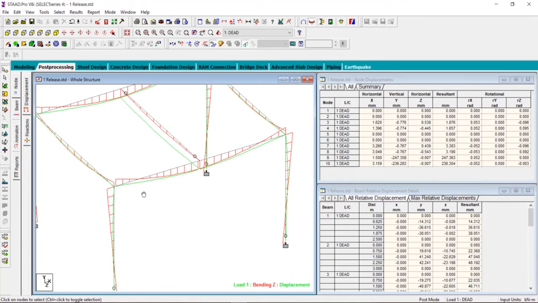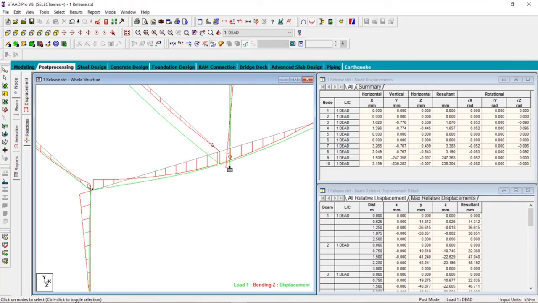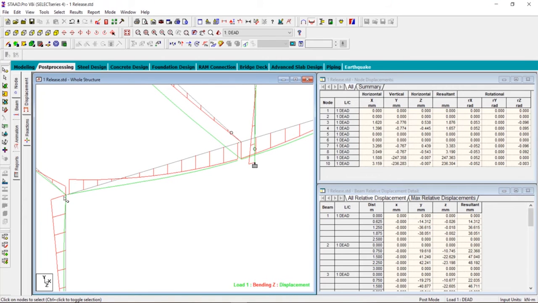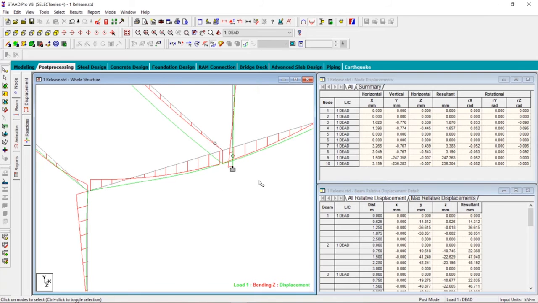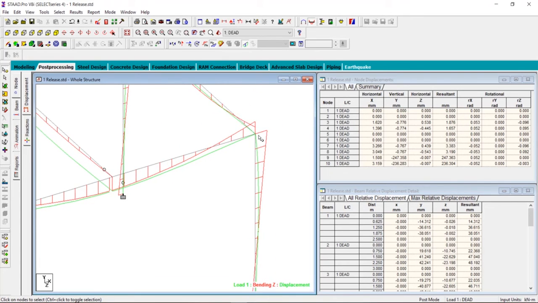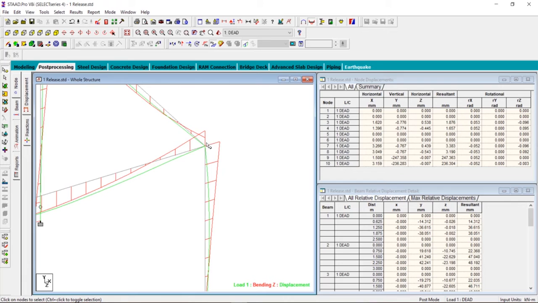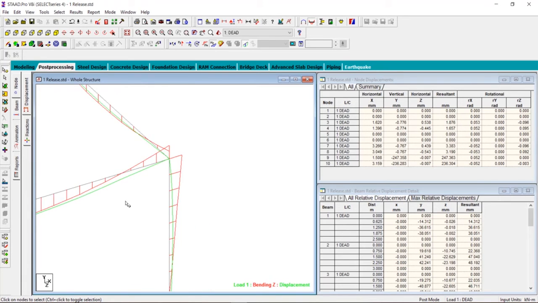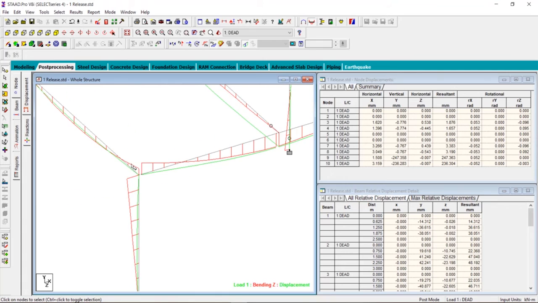If you zoom in, you will see that your movement value is now displayed slightly away from the beam column junction. Similarly, if you see here, in this case, however, the movement diagram has been displayed from the beam column junction. Now you can see that this beam is a more realistic approach.